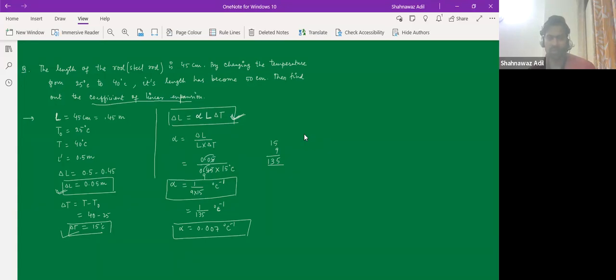Whenever you guys have completed now, this chapter is a pretty easy chapter. There are only a few concepts, and if those concepts are clear, then this chapter will be done. One is this expansion, and the other one is heat. So we are talking about heat in this chapter. In subsequent topics, we'll see how we can calculate. But before we do that, please tell me whenever you guys